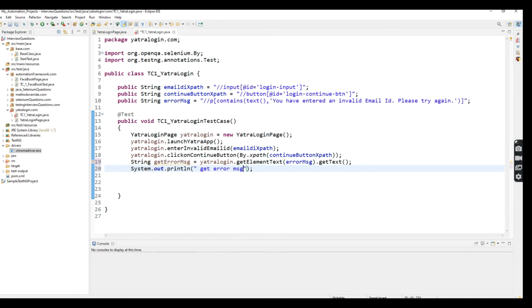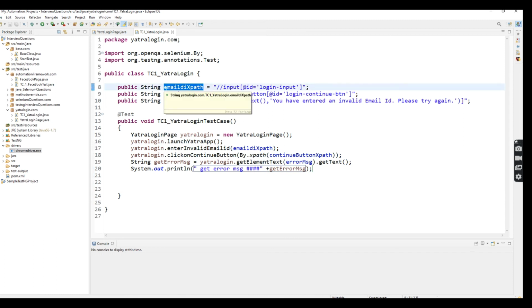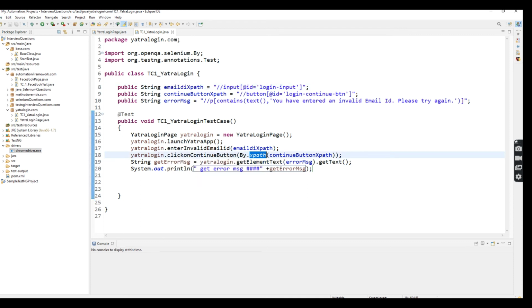Get error message. So now I have successfully implemented four methods, the first being enter app and enter invalid mail ID, where I'm passing a string value, the XPath value stored inside this string variable, right? After that I use click on continue button, where I'm passing a parameter as a locator.